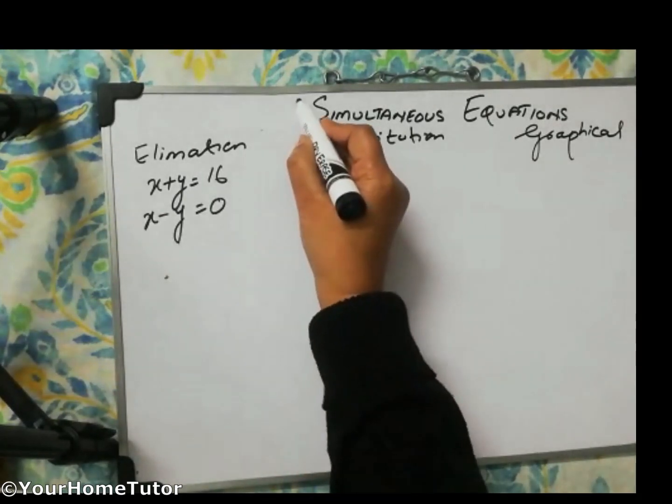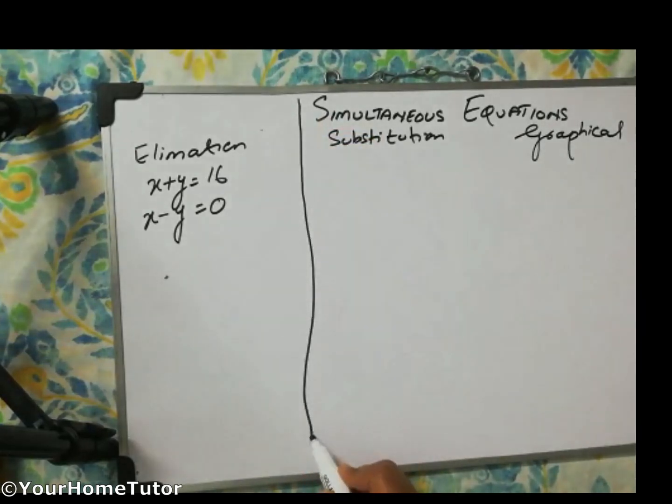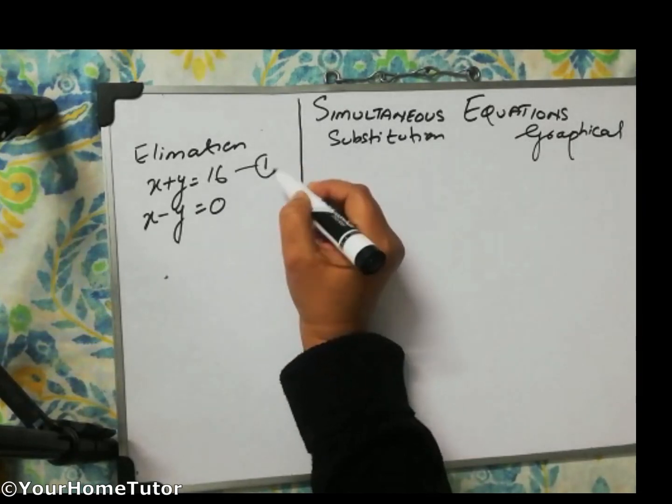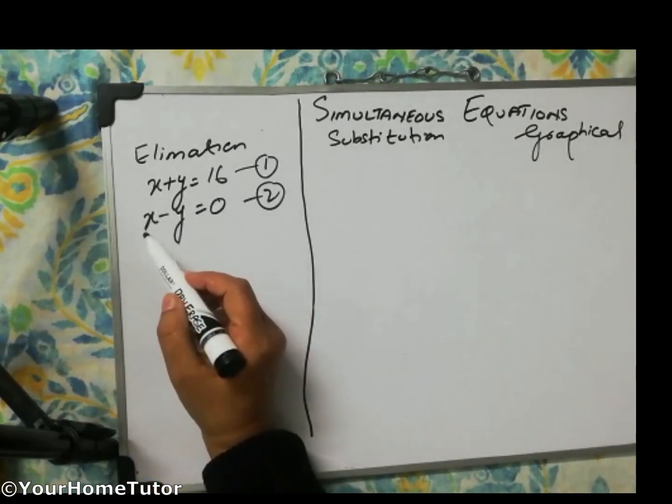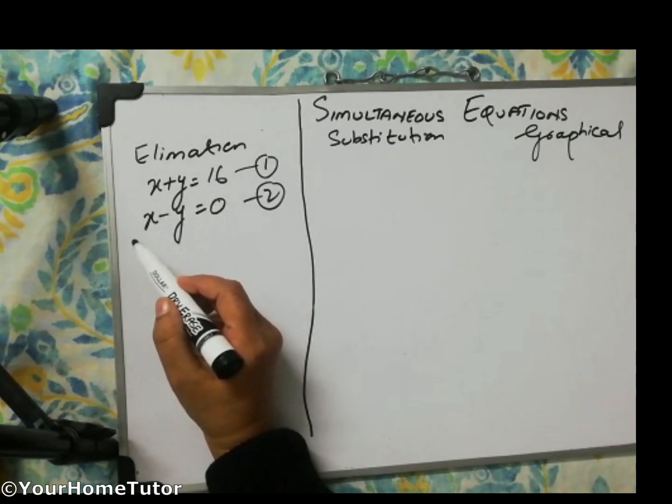First of all, if we are using the elimination, as the name is saying eliminate, we have to eliminate any of the variable, either x or y. किसी एक variable को हमें ख़त्म करना है. So first of all, we'll give the equations as 1 and 2. Now, again, we have to decide which variable we want to eliminate. X is having the same sign. इसके elimination के लिए definitely we have to change the sign.